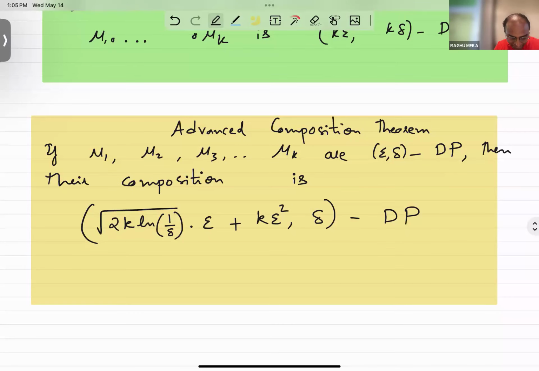So that's the exact bound, but you should really just think of this whole thing as saying it's some constant times